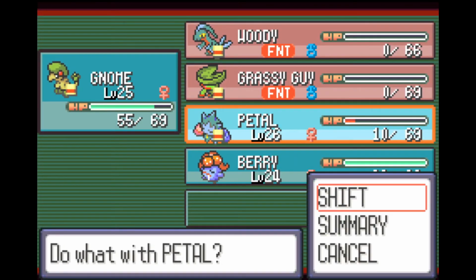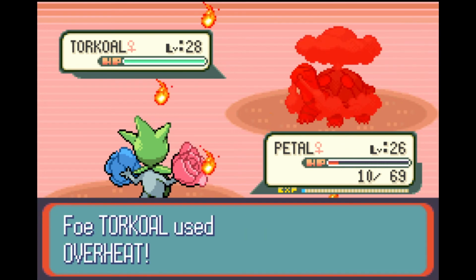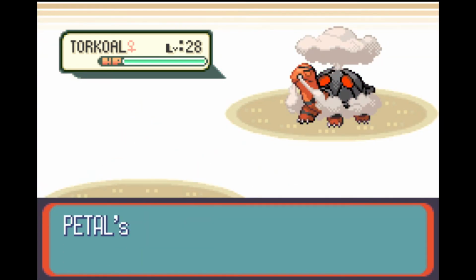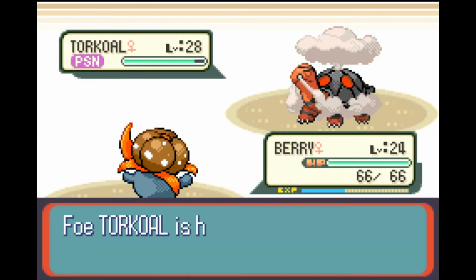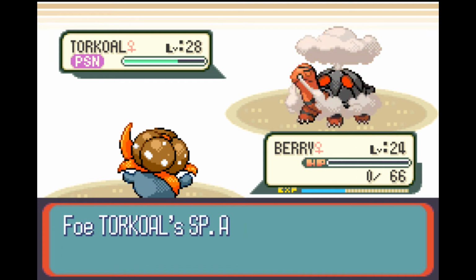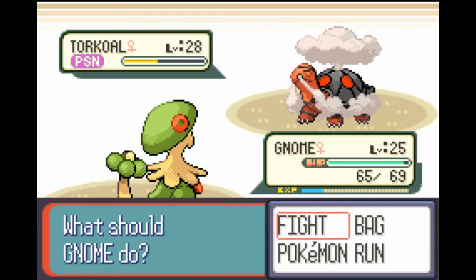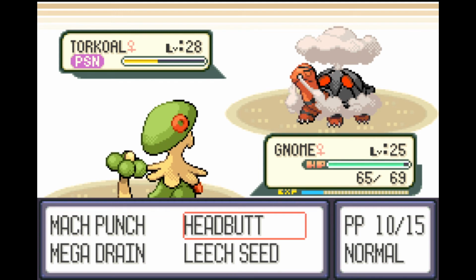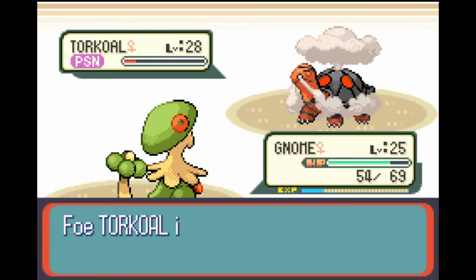After that is her last ace, Torkoal, and I send out my Roselia, trying to Leech Seed it so that we can take chip damage, and it also gets poisoned due to Roselia's Poison Point. After that I send out my Gloom, trying to take out as much health as possible, leaving my Breloom for later. And Breloom comes in and I use a Mach Punch because that's the best move that I can use,